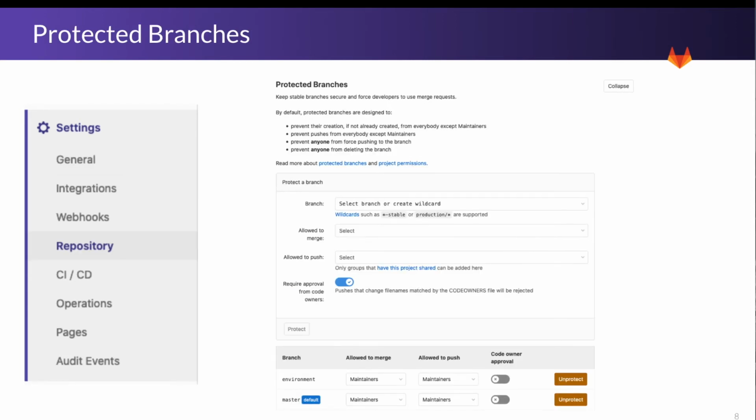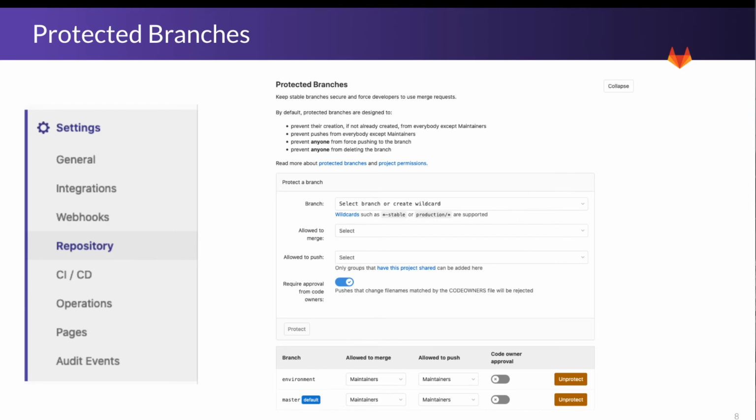Protected branches allow you to apply read and write permissions to your entire repository or specific branches. We can limit creation of files to users with maintainer or owner level permission, and we can restrict pushes to users only with the allowed permission. Protected branches enforce the usage of merge requests, and they act as an additional gate to prevent forced pushes or accidental deleting of branches wherever needed. We can combine this with a CODEOWNERS file or merge request approvals to create a secure and tightly enforced process